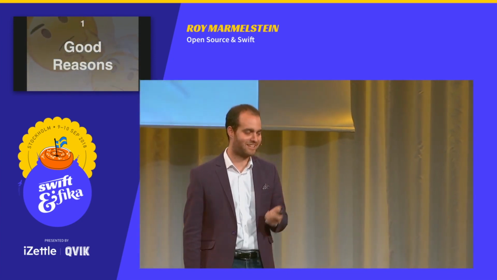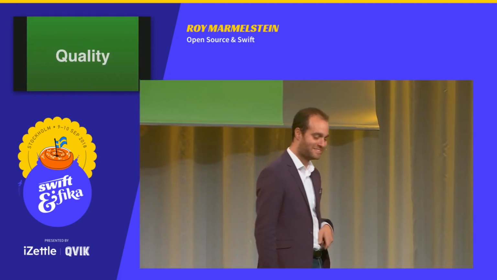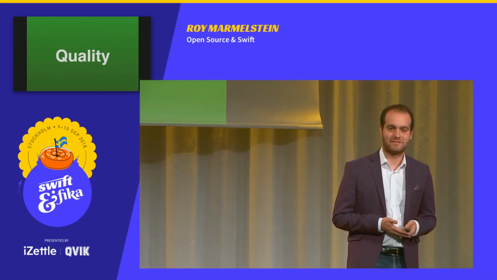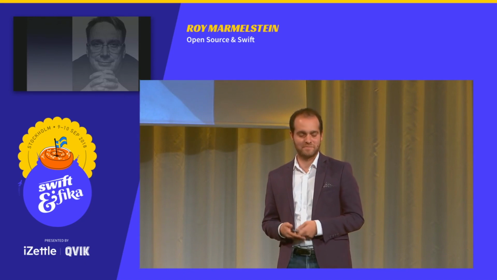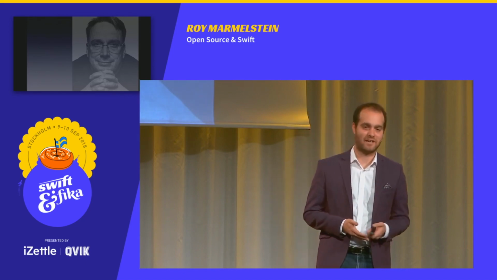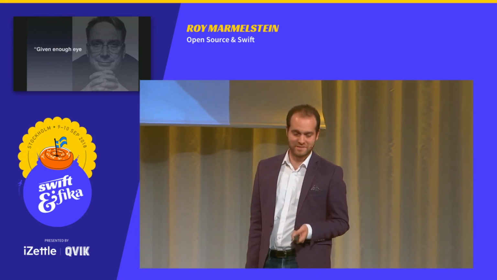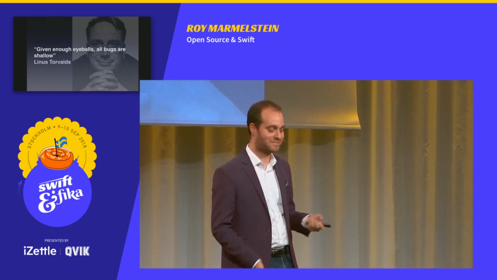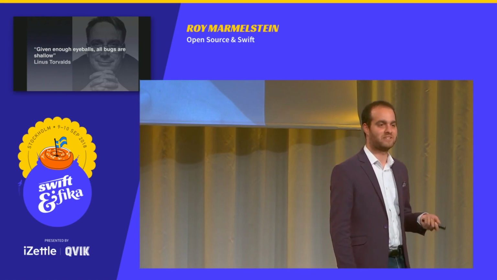So, some good reasons why you should do open source. There's a bunch of quality reasons. When you choose to open source a piece of software, a lot of people will have their eyes on it and will get involved. And in The Cathedral and the Bazaar, there's a quote that became known as Linus's Law, that given enough eyeballs, all bugs are shallow. This means that with a large code base with a lot of developers and an open code base that everyone can see, it's much easier to find bugs and write better quality software. And we see this time and time again when open source often has better quality than closed source.